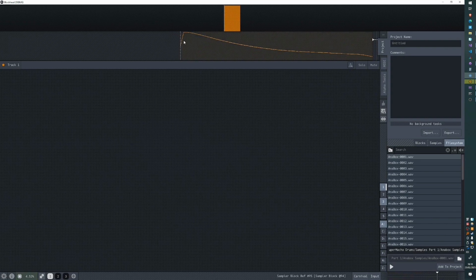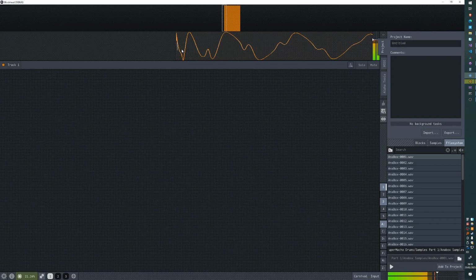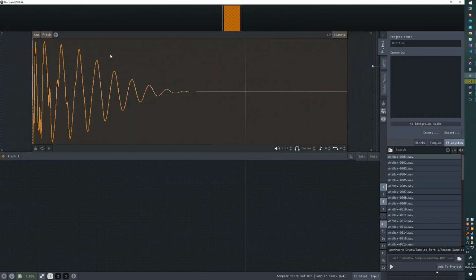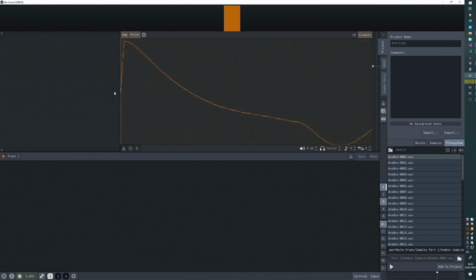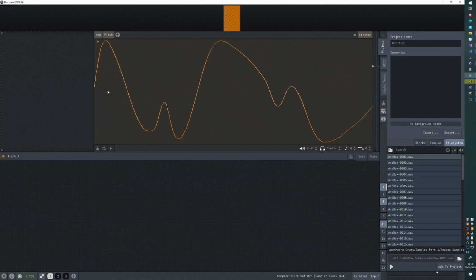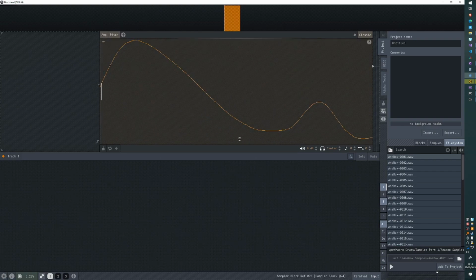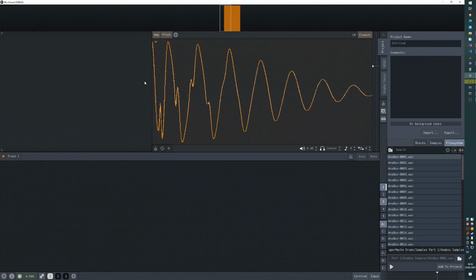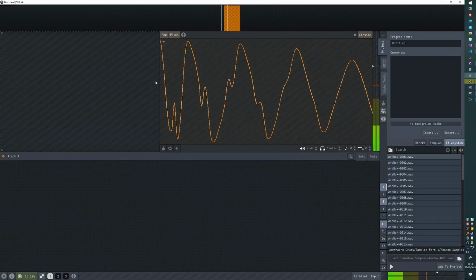Okay, I've created a sample here which has a very sudden, very harsh transient at the beginning. So it creates a sort of a click at the beginning. If you add an offset to this sampler block, for example, we start the sample right here, the click should be just as harsh starting from here. But instead, you can hear it's very soft, and that's because Blockhead will automatically